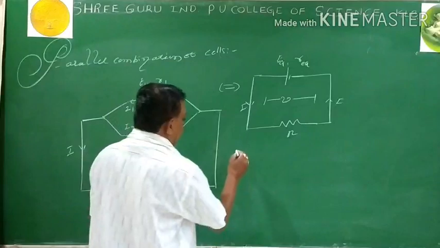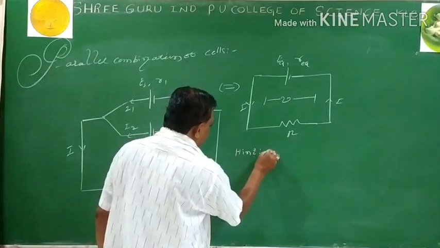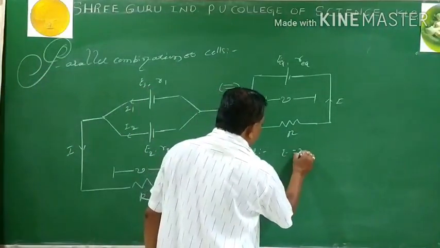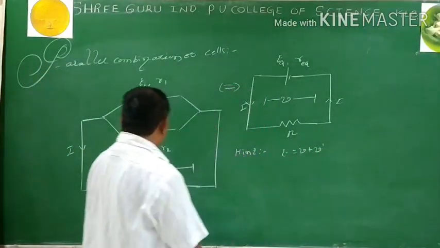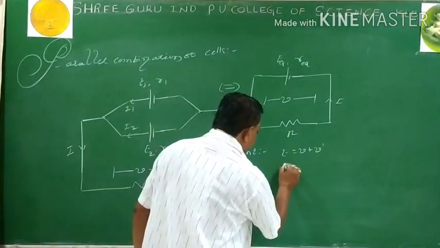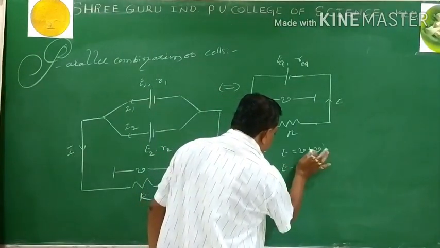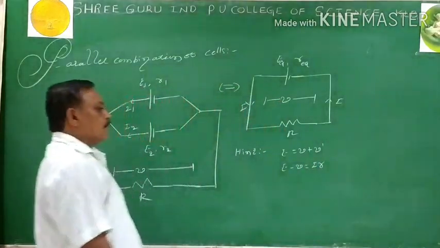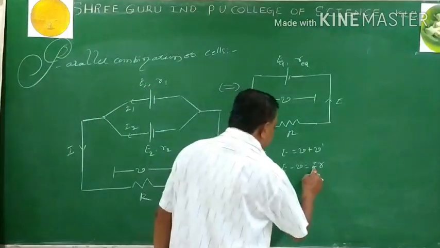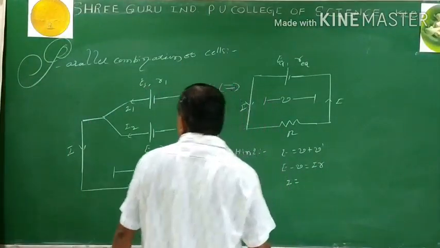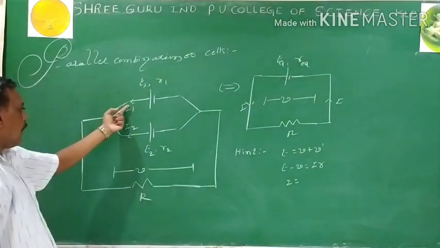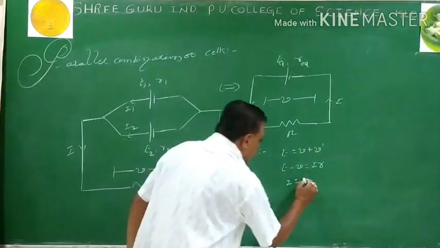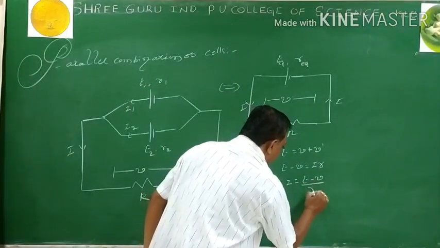Then what is our hint? Now this hint has many important factors. Hint from Ohm's law applied to the circuit. What is our hint? E equals V plus V dash. But I need the current, so I keep E minus V, that is nothing but V dash, which is I into small r. Right? So I need the current I, because our equation is going to be set for what current? Total current I equals I1 plus I2. Set the equation for the divided thing, that is our hint. So I equals E minus V divided by R.